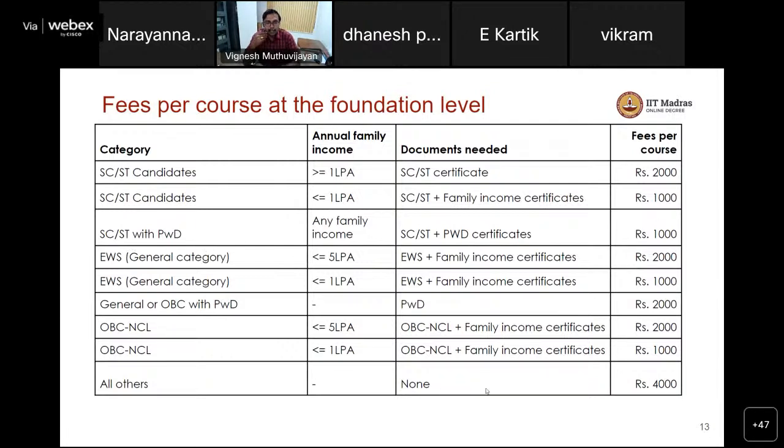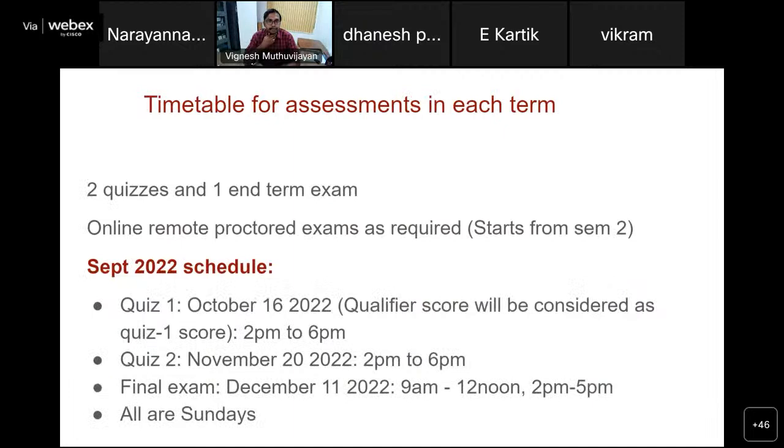These are available for students of any family income based on the category they belong to. Please understand this, and I'm sure you have already paid the fees for this term, and this is just an overview for you to get an understanding of what kind of scholarships IIT is providing.